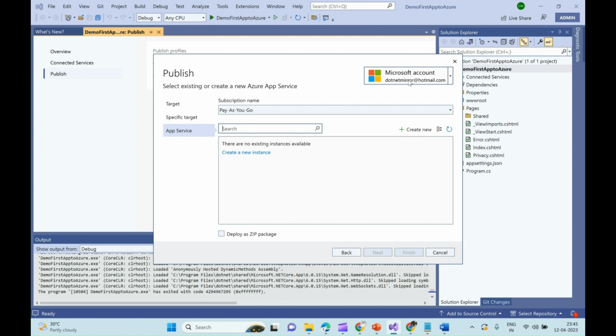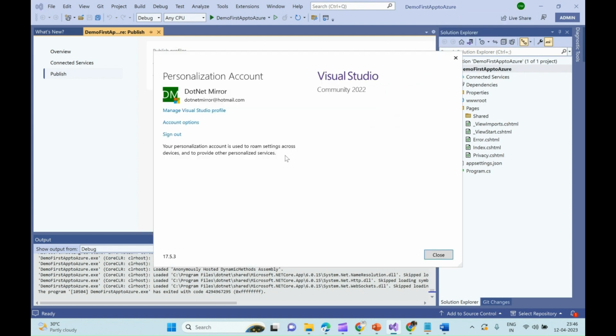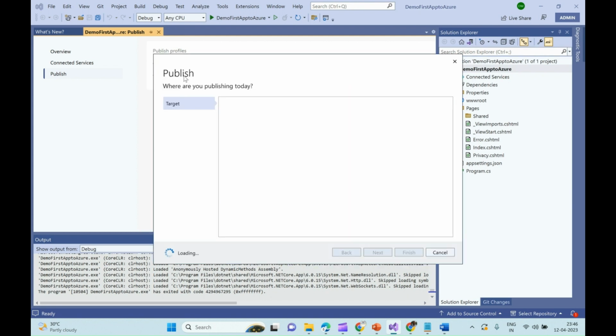Okay, you get a publish profile screen here. So if you see on the top right corner, there is an account already logged in. So how you can check this account is, you can go on to your account settings, and here you can see what kind of accounts are added. So if you want to add or remove, you can use this particular option. Now let's click here,